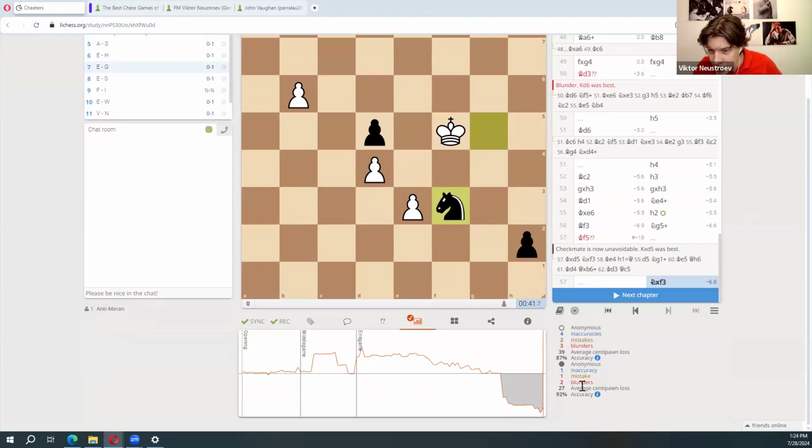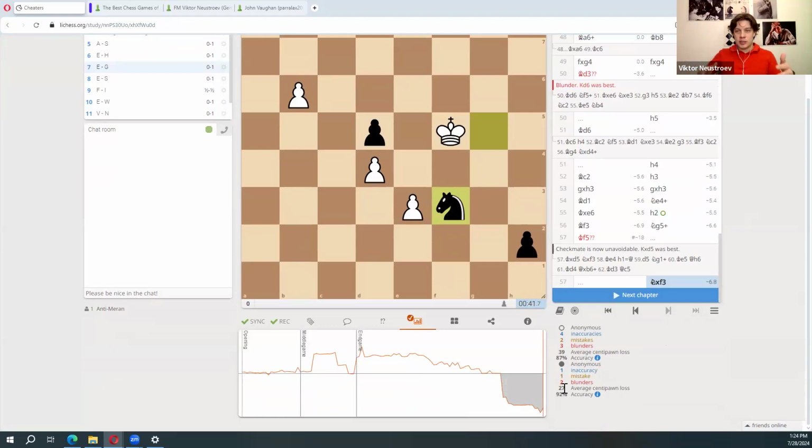Look at the average centipawn loss of black. It's 27. It means that a lot of moves were played according to the engine. Sometimes when the position is simple enough, just making an ordinary move doesn't make a centipawn loss because there is no big difference between the move you played and the move that the engine suggested.